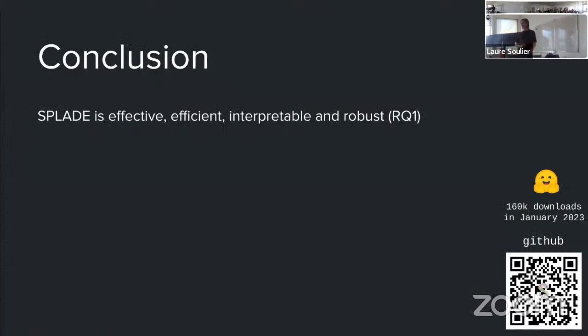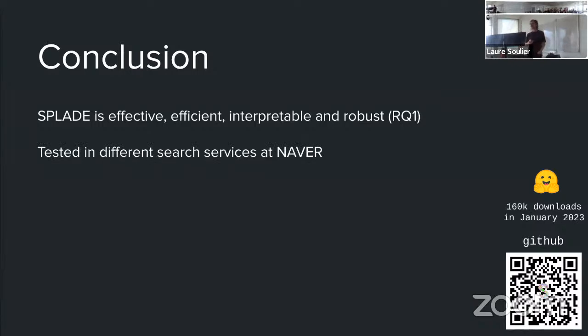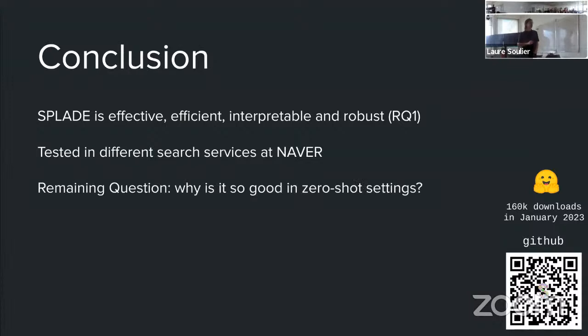So to conclude this part, we have proposed a model that is effective, efficient, but also interpretable by design and robust. It has been tested in different search services at Naver, so that's also a good thing. But there was still a remaining question at this point because we wanted to understand a bit more why the model is that good in zero-shot settings.